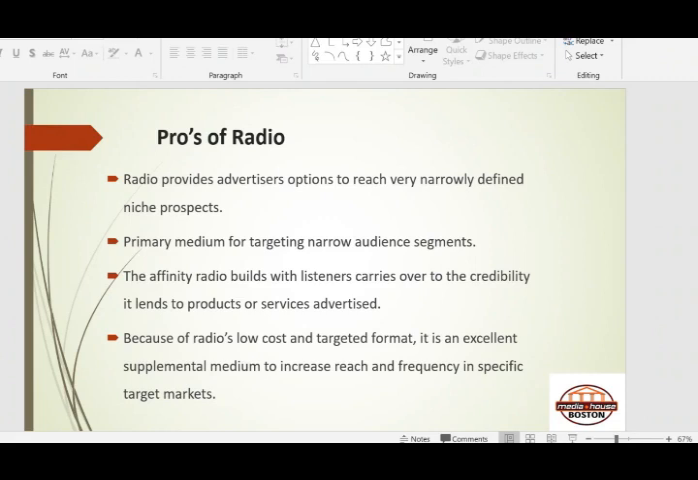So let's chat, and then I'm going to take you through this essence. So the pros of radio. Again, in terms of advertising, people always,